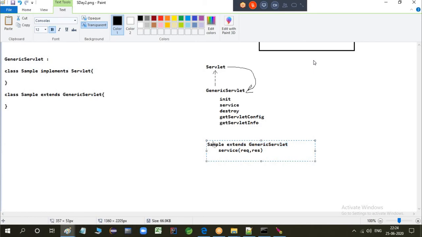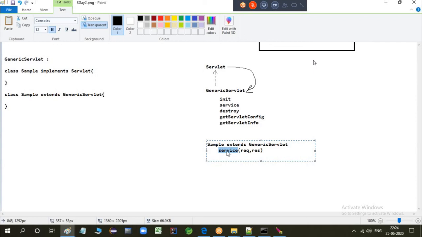That means whoever extends GenericServlet must override the service method. So the advantage is you don't have to override all the 5 methods. You override only the service method, write the logic, and execute the program.